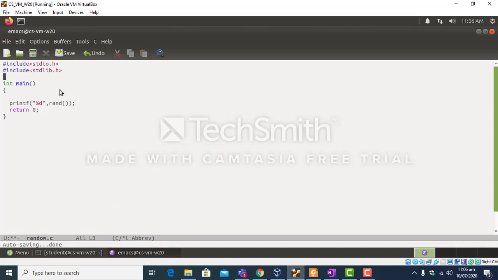Say for example, I have this code in which I am printing a random number using the rand function. In order to use this function, you have to use this header file stdlib.h, and let's compile and run.